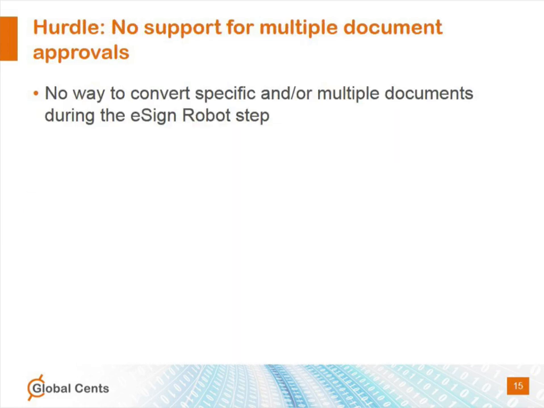So everybody's probably favorite, if you've done regulated document support, multi-doc. So in the standard product, you can only convert one document and you can't specify which document in a robot step. So it's really limited and it definitely won't support a multi-doc process. People have done customizations that can do packages of documents, which can be useful some of the time, but generally these are bespoke solutions and not very flexible.